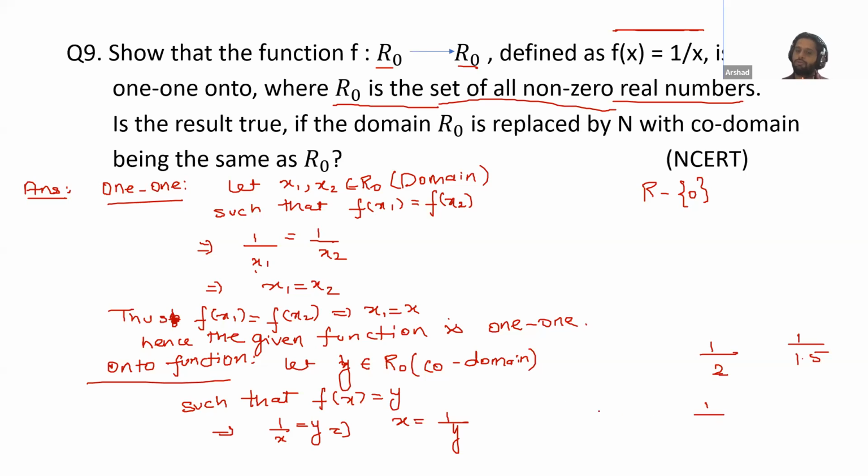We will never put 0 because in the starting of the question, we have assumed that y belongs to non-zero real numbers. You can put any value, 1 by 3. So in place of y, you can put any value and the expression will always be a real number. Okay, so then the same thing we will write here